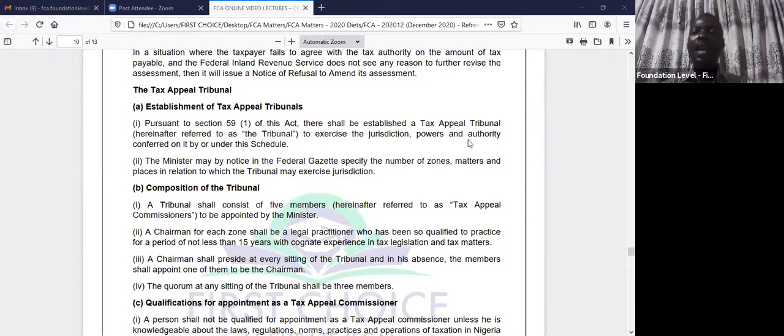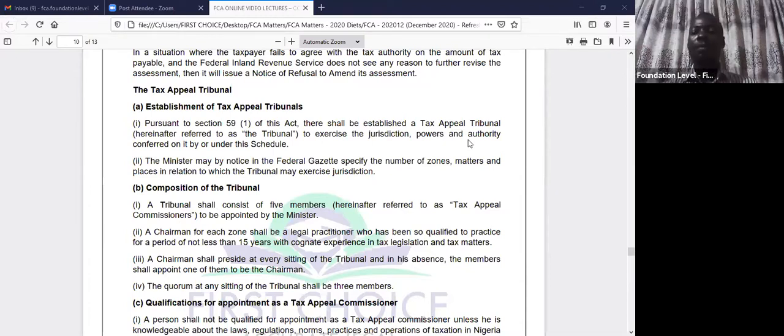Now, there are 8 zones making up the tax appeal tribunal. In these 8 zones, 6 of them are in the 6 geopolitical zones, while 2 of them are stand-alone. So let me start with the stand-alone. The first one is in Abuja, which is the headquarters, which is where the Secretary General is